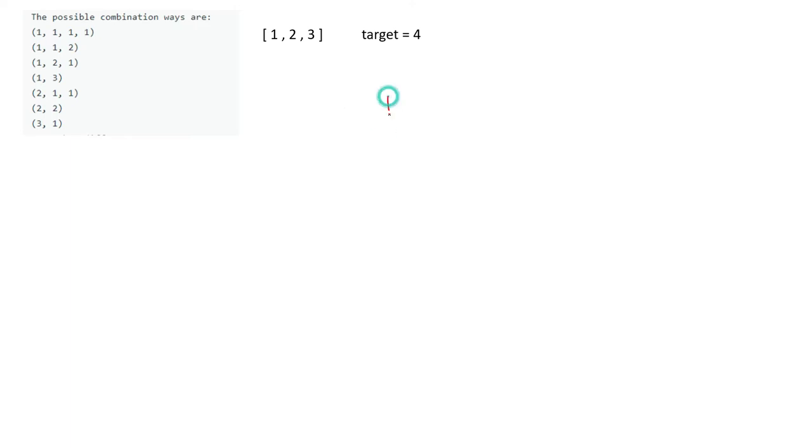That means if my target is now 4, then I have the choices 1, 2, 3. So I can take 1 or 2 or 3, right? And if we do so, what will happen? This target will be reduced to 3 because I have already used 1.